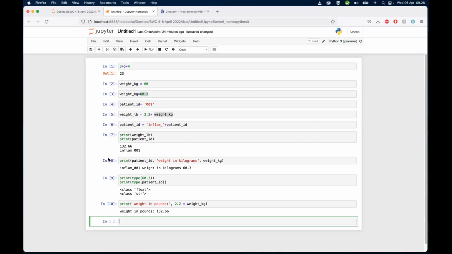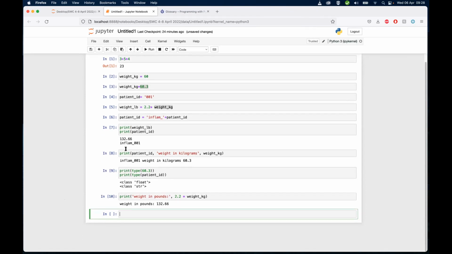Okay, so as you can see, we never changed the weight in kilograms yet. So it still stays 132. So if we then go and we say we want our weight in kilograms to be equal to 65, and we print that,